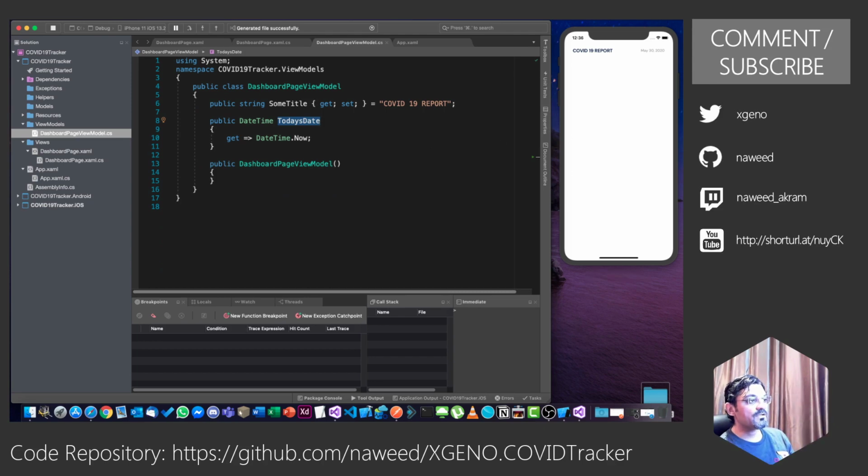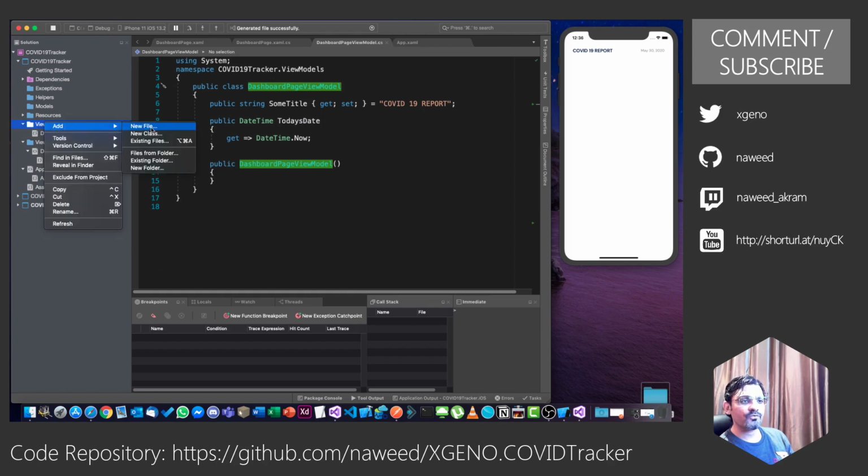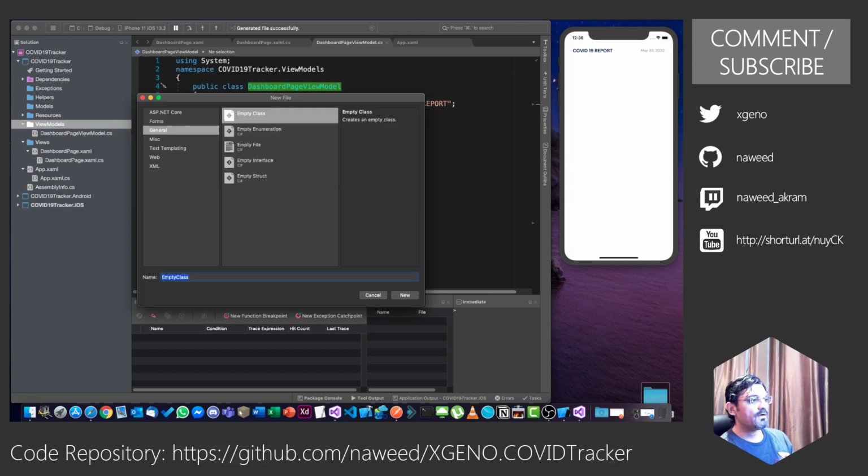So for that, usually I create some properties, but I want them to be part of every view model. So I would rather create a new class called a view model base, or a base view model, depends what you want to call it. Let's call it ViewModelBase.